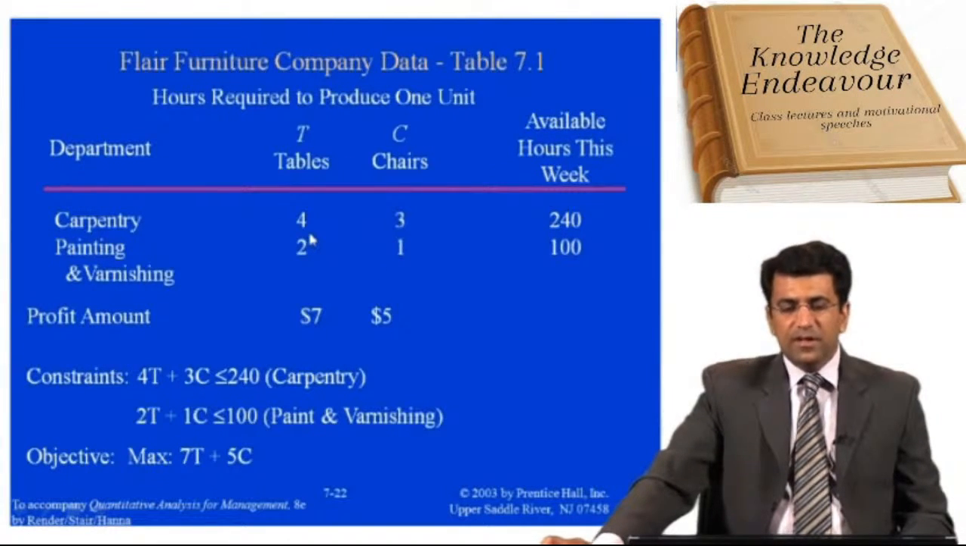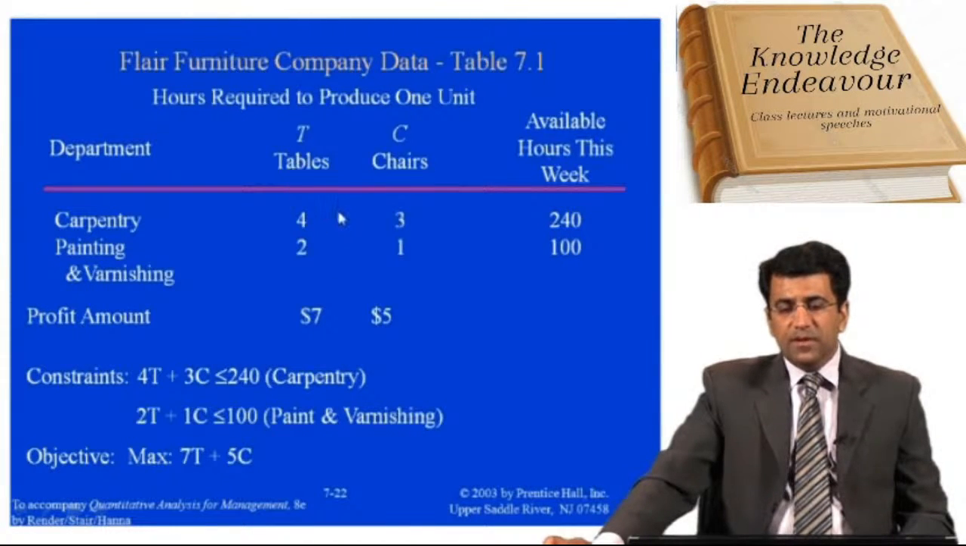Again, a similar example. There are two departments. Now this is a very practical example. Again, there are two departments in some furniture company, that is the carpentry department and the painting and varnishing department. And actually this company is interested to produce different tables and chairs for their customers. And again, what is this table about? If they produce one table,